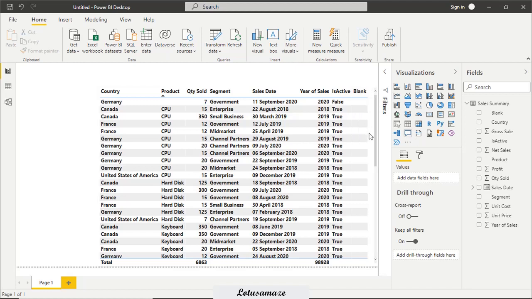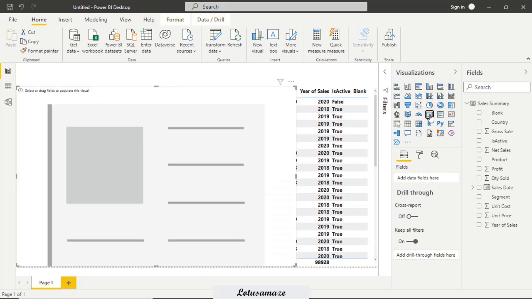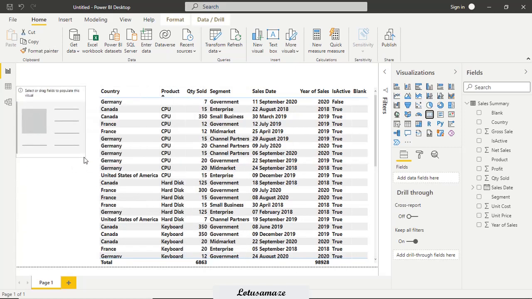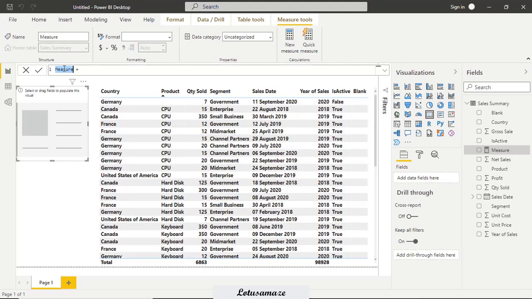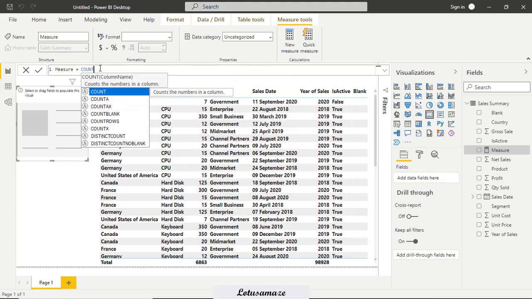So first of all, we take a card, then create a new measure, and first of all COUNT.